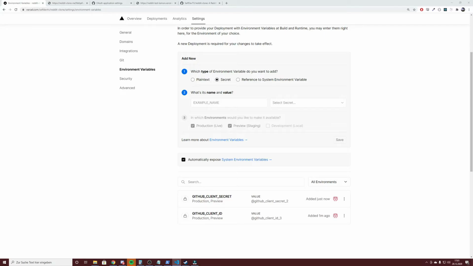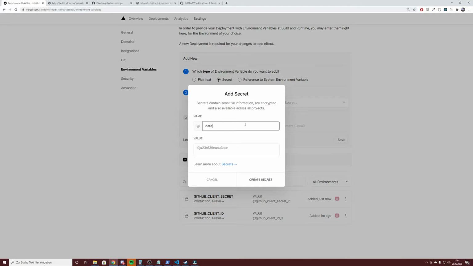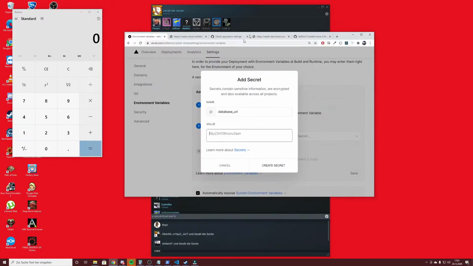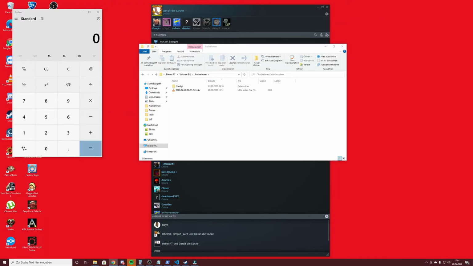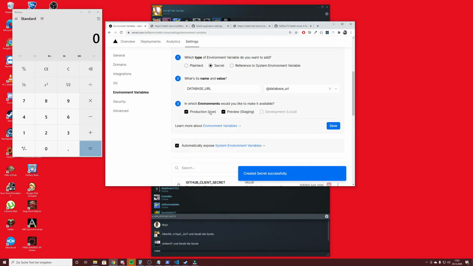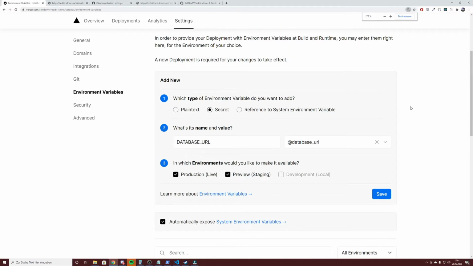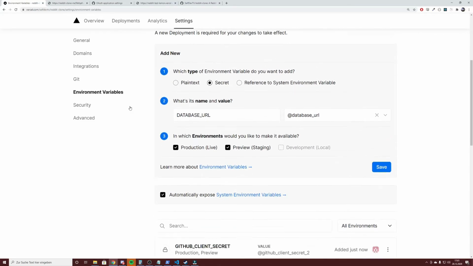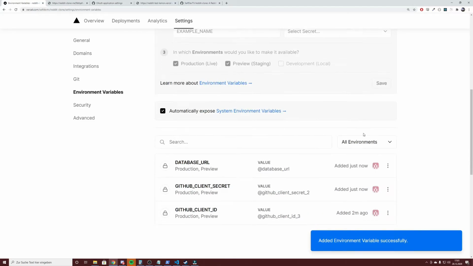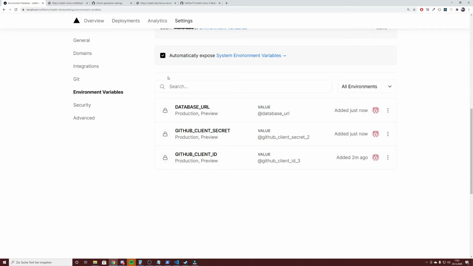The next thing is the database URL. Select the secret, we call it database URL. And again, I will paste it on my second screen, but you just go ahead in your .env file and copy your database URL and paste it to value. And click on create secret. Then it looks like this. These two should be checked. Let me zoom in, just figured out I haven't zoomed in that much. Okay, click save. And now we have our three important